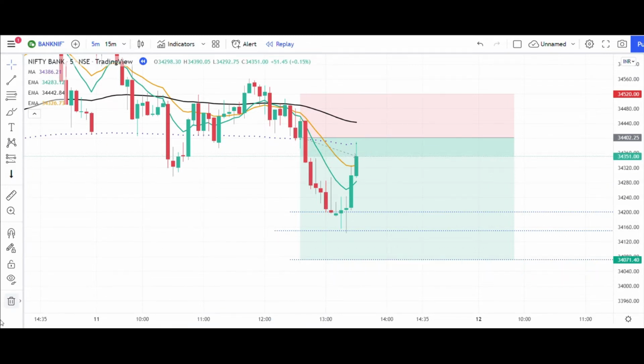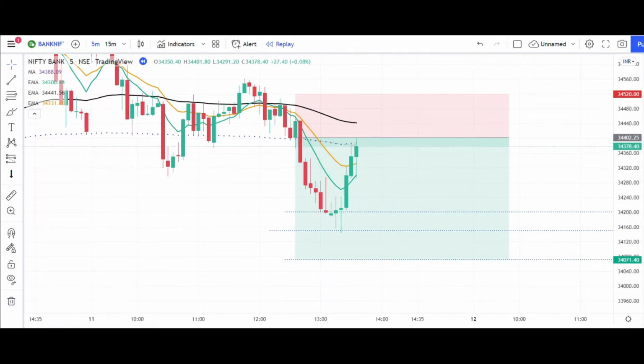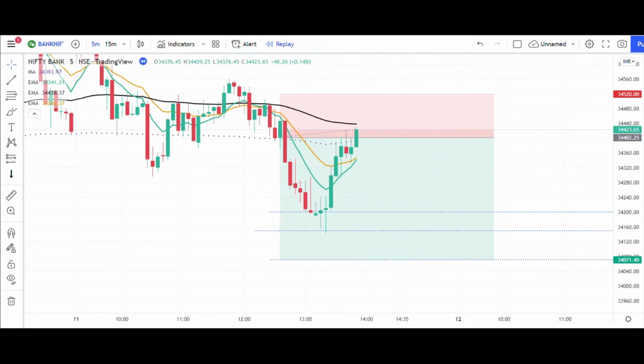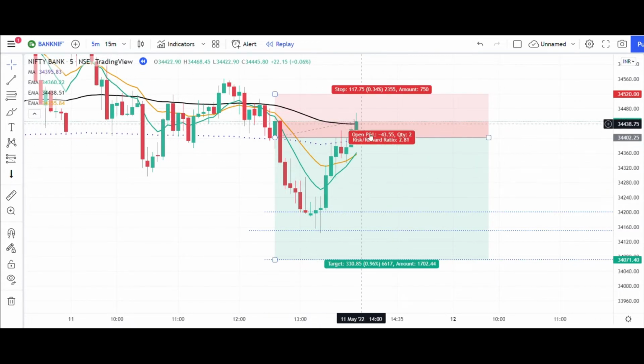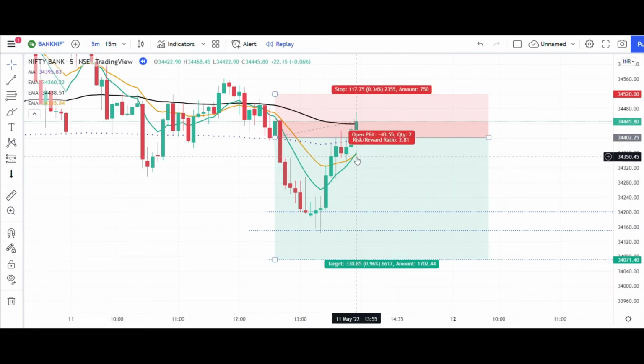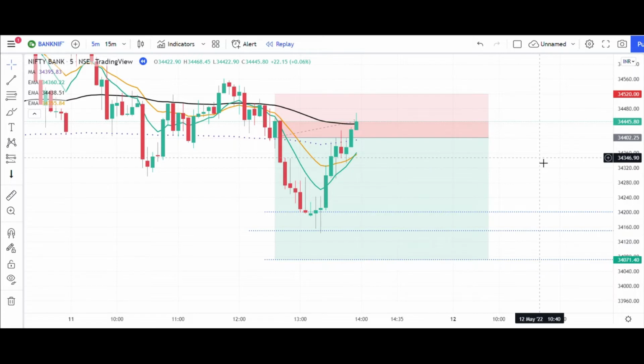So we will exit here, but still let's see what happens next. We already exited here. Now if you see, the condition has been totally changed. And if you have watched part 2, this is the sign of taking the counter buy trade,